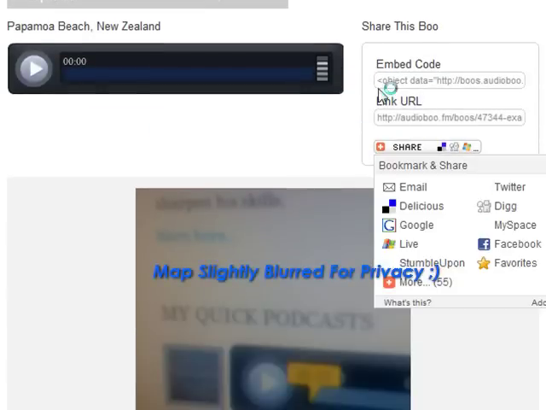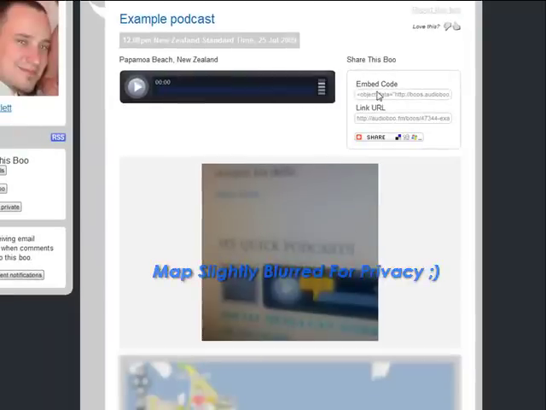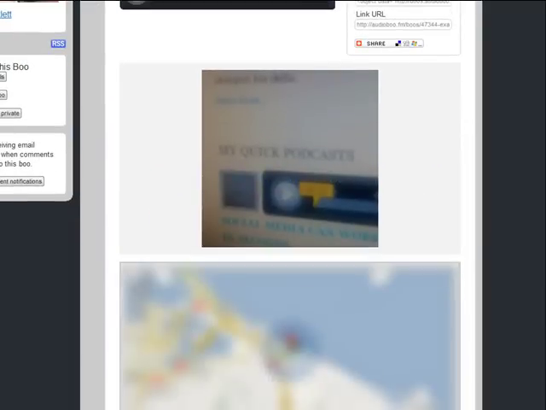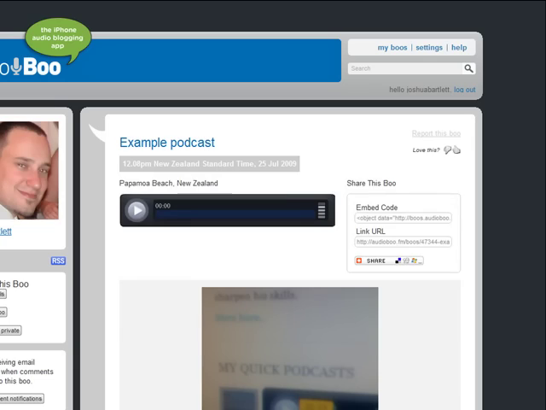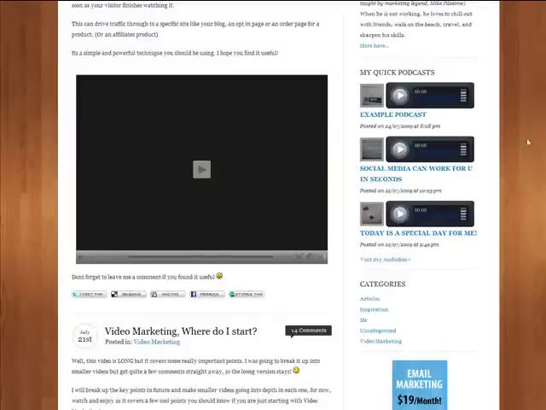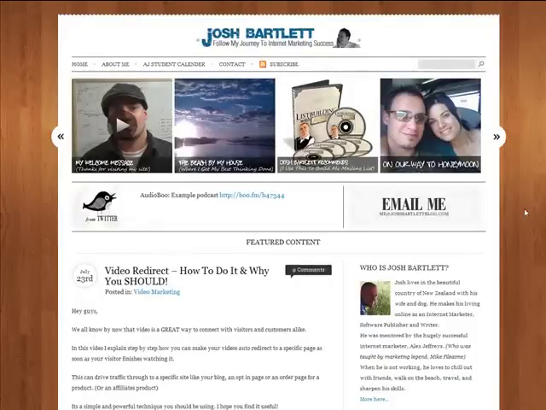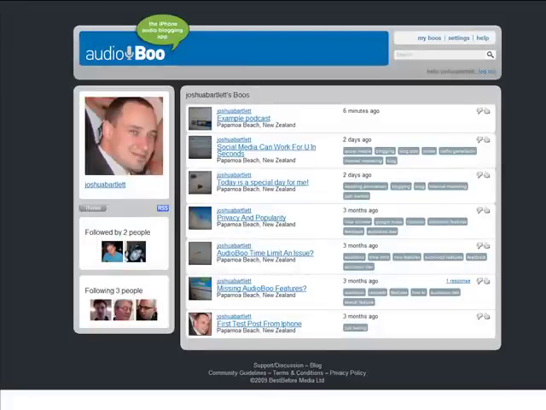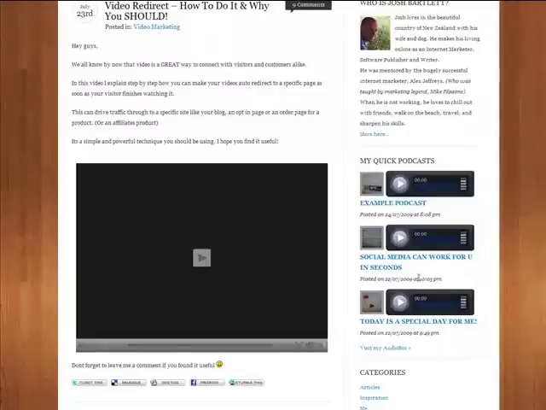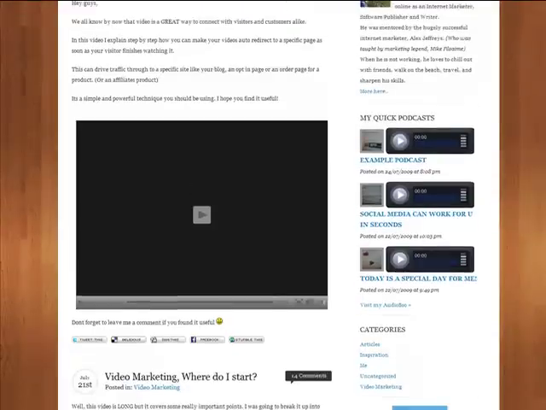You've got share tags there where people can share it, and you've got embed code if you want to embed it somewhere else, and it shows where I am. There I am at Papamoa Beach in New Zealand, right by the sea there, and people can comment on it. So it's a real great kind of social networking podcasting tool. It's completely free. I recommend signing up for an account at audioboo.com. I recommend downloading the free plugin and installing it on your blog, and I recommend getting the iPhone app